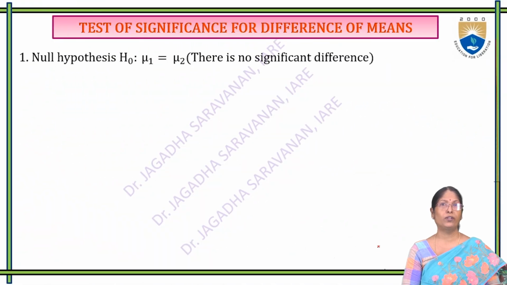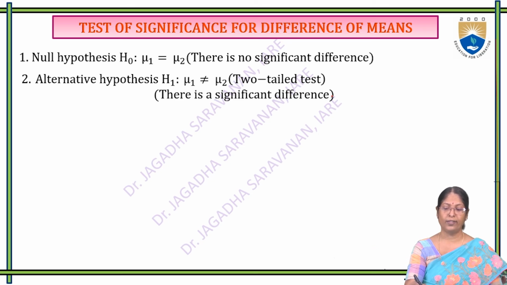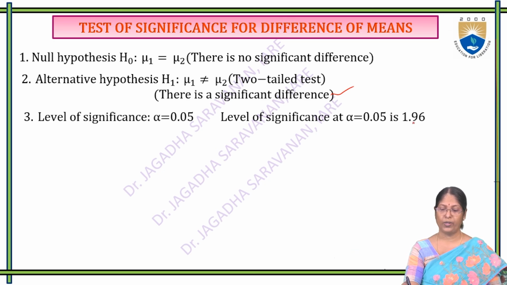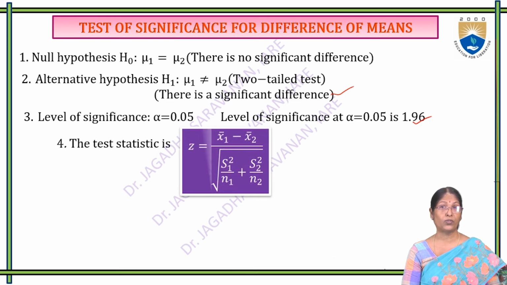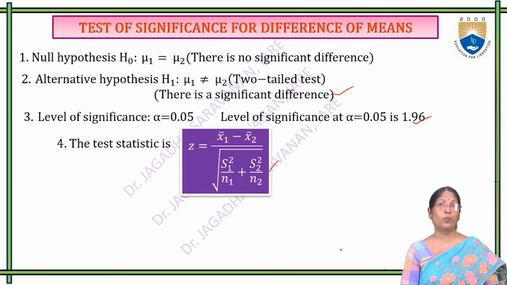So the first point, null hypothesis, H0: mu1 equals mu2, there is no significant difference. Alternative hypothesis, that is H1, we are saying yes, there is a significant difference. So the level of significance equals 0.05. So it is 1.96. The test statistic, which is dominated by the numerator and denominator, is x1 bar minus x2